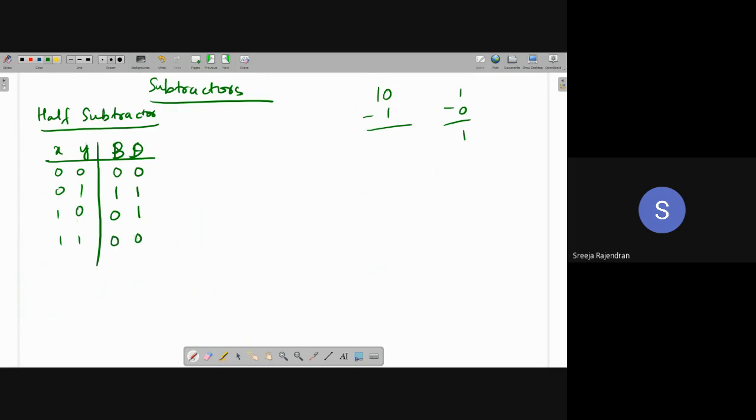Okay. So if I'm going to write the equation for my difference, difference is going to be x bar y plus x y bar. It is equal to XOR. Same like sum, difference is generated. What about borrow? Borrow is generated only in this condition, right? This is the only case I have a borrow: x bar y. Okay. So if I'm going to draw the circuit of the same,